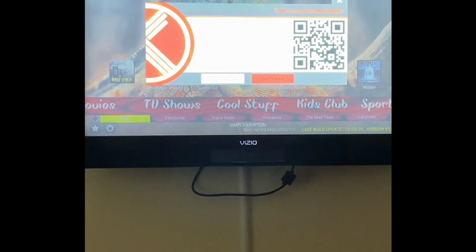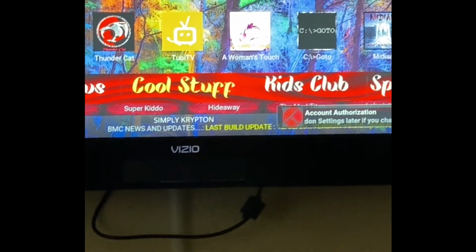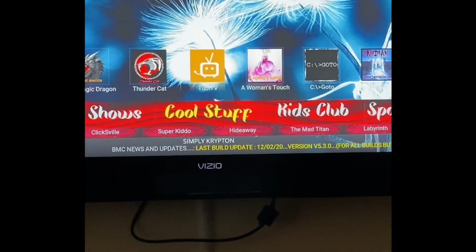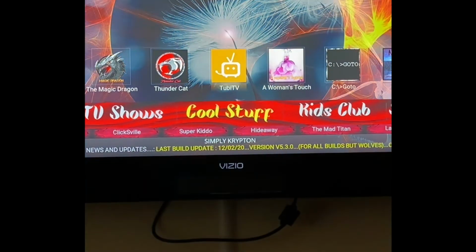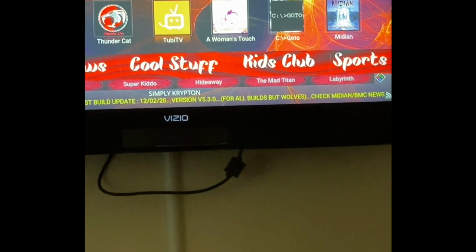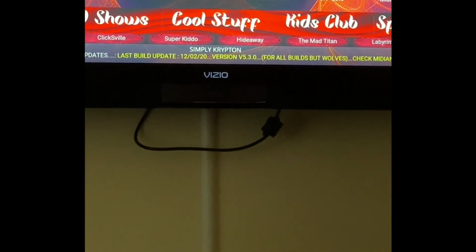You hit no thanks. You don't need Trakt. Trakt is just something to track the movies that you watch, so you can have favorite lists. That's unnecessary. It makes it more complicated. Let it run the way that it does. And again, for navigation, you use a remote just the same. You navigate based on what you need. So if you want TV shows,